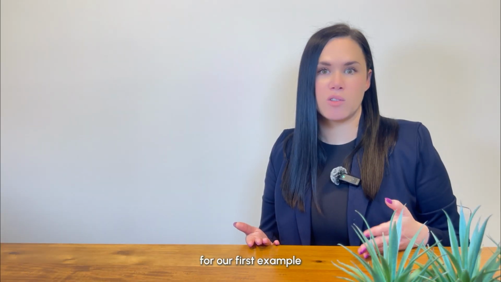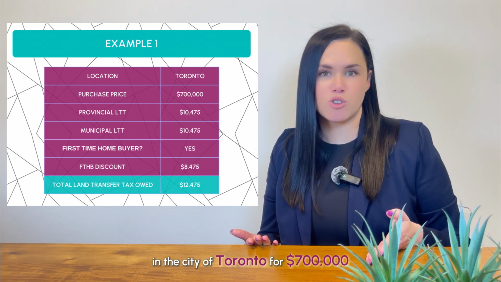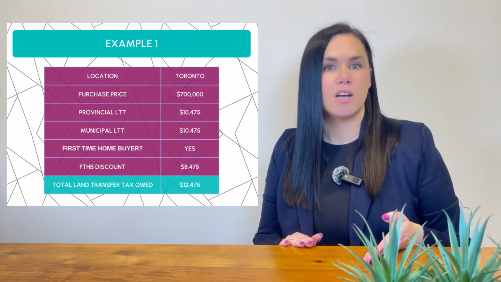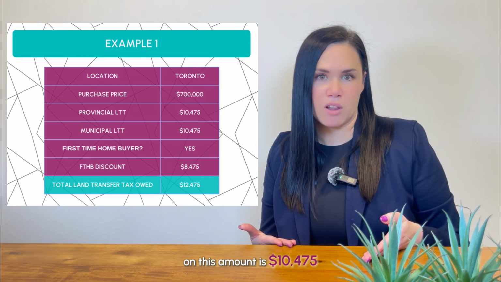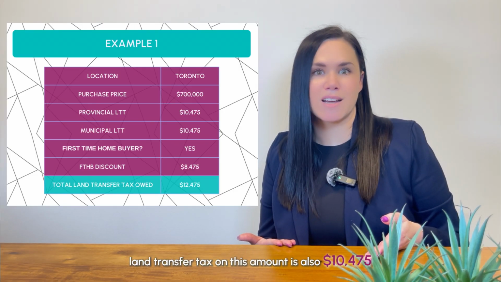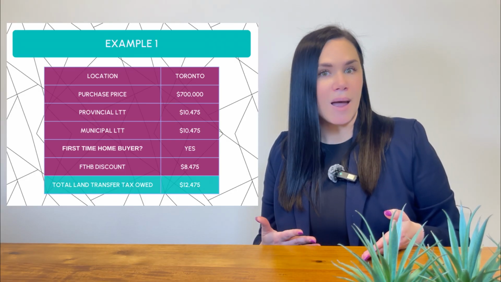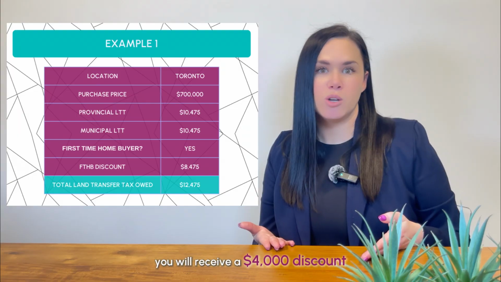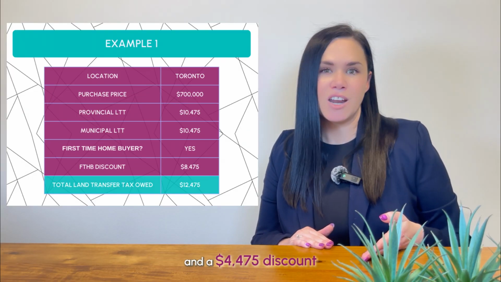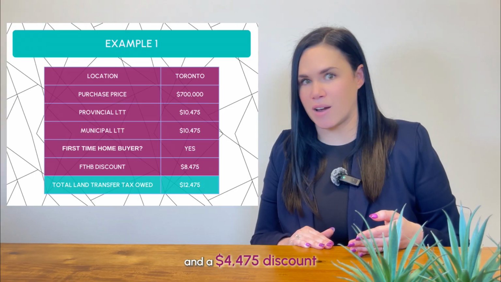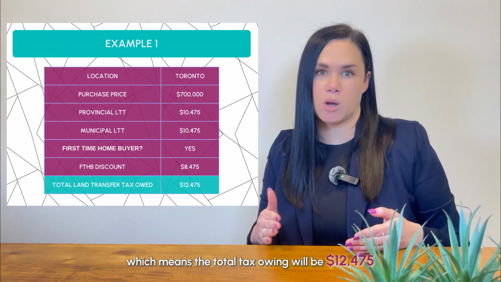For our first example, the scenario is that you are a first-time homebuyer and you are purchasing a property in the City of Toronto for $700,000. The provincial land transfer tax on this amount is $10,475, and the municipal land transfer tax on this amount is also $10,475. But because you are a first-time homebuyer, you will receive a $4,000 discount off of the provincial land transfer tax and a $4,475 discount off of the municipal land transfer tax, which means the total tax owing will be